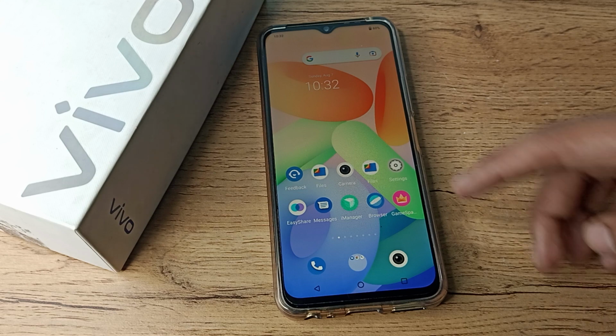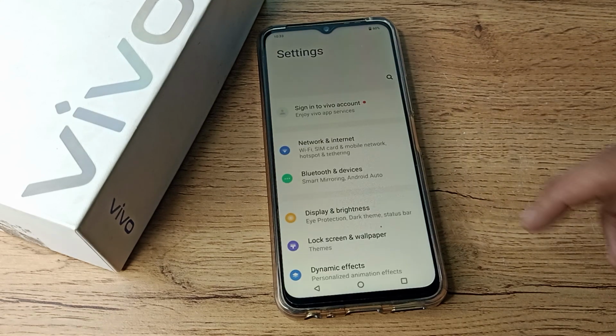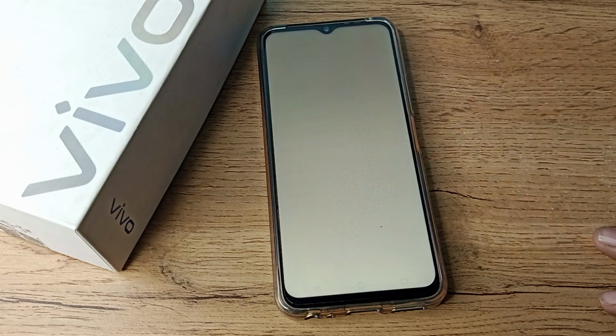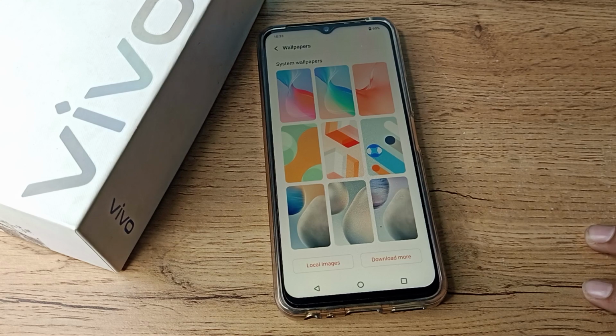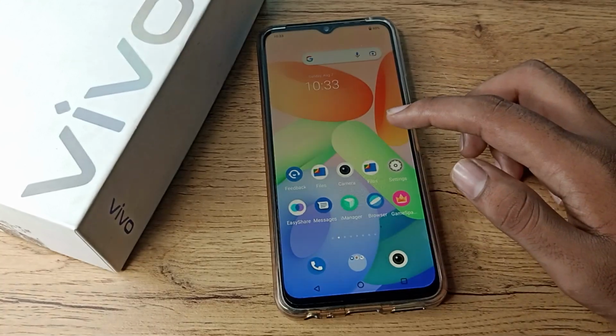So first of all, what will you have to do? Open your phone settings to change the wallpaper. Then scroll down and you can see lock screen and wallpaper. There you can see your wallpaper, and if you want to download wallpaper, you can download it from here. And as a shortcut, if you want to change wallpaper without opening your phone settings,